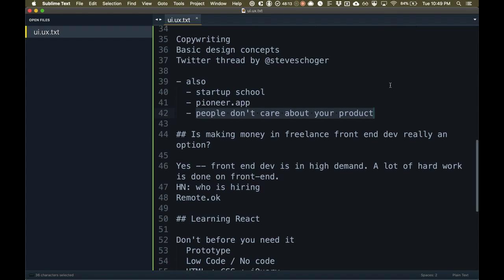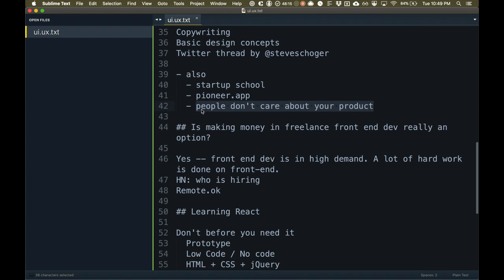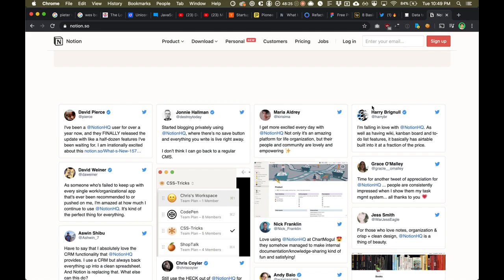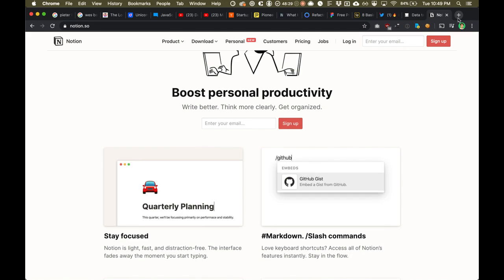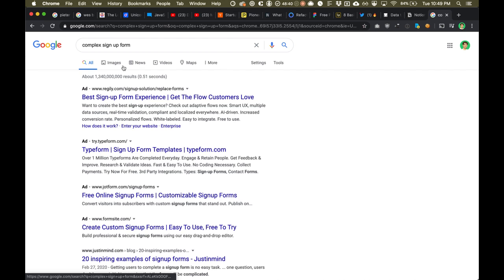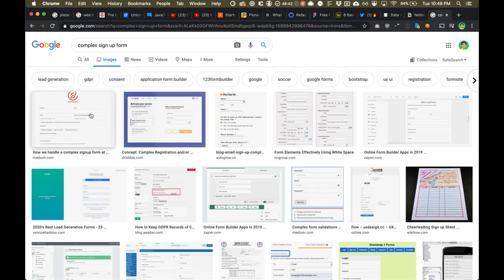Okay, and just keep this in mind also when you're building the actual interface too. People aren't going to want to read your tiny little notes. A lot of people think that if you have a sign up form, someone's going to read the little helper text next to it, right?